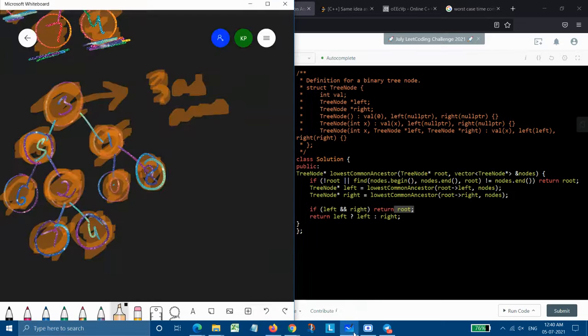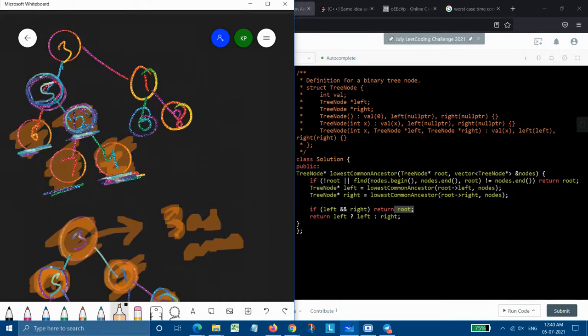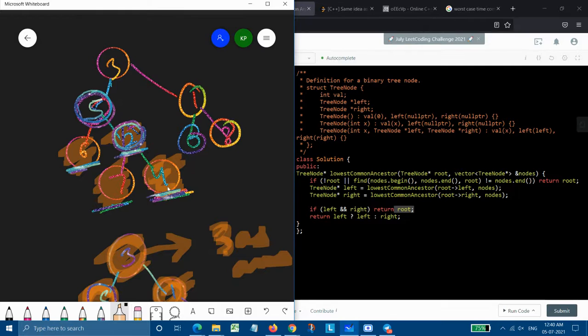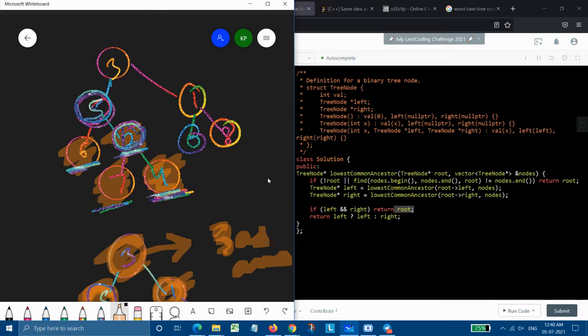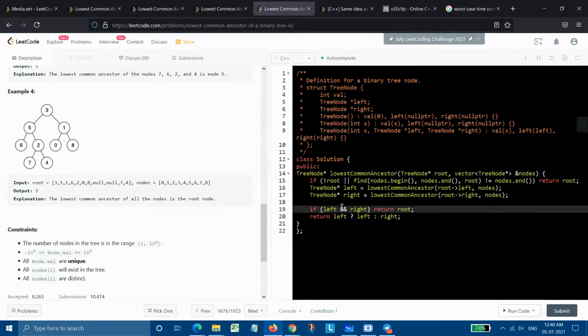When we were given this 7 and this 4, it is in the same subtree, right? But when we take the case of 7 and 6, in this case we need to return this 5. So in that case this will be fulfilled: if left and right both are given, then we need to return root, and that root will be 5.